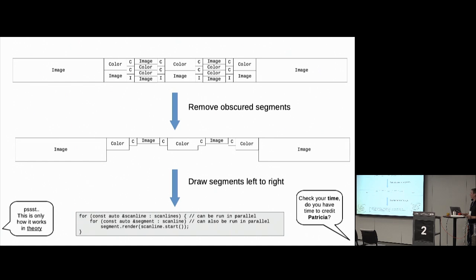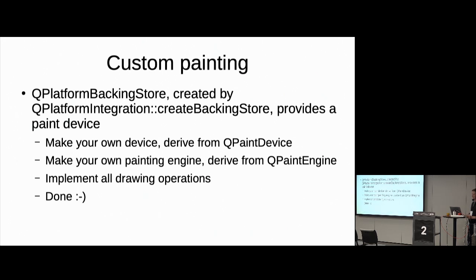So a lot of the performance that we actually have on the product today is thanks to her, not just because of the optimizer, but also because of the Tilera specific optimizations that we've done. So I'm saying this is only how it works in theory. That's not true. It actually does work like this, but it's more complicated because we had alpha blending and so on. But this is in principle how it worked.